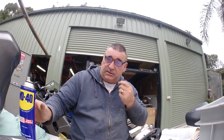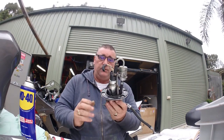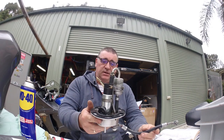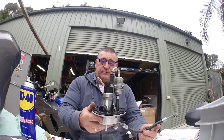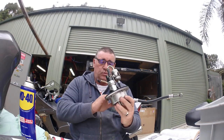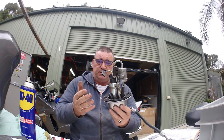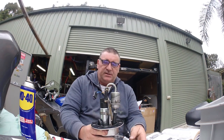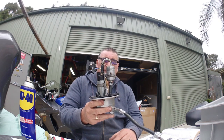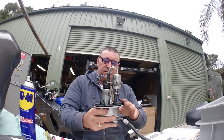Today's little exercise is the fuel pump. So this is the fuel pump out of a CBR Blackbird. It's a 2007 model, this one. One of the ways you can tell is that this is a fuel injected pump as opposed to a carbureted pump. I just happen to know this is a first month 07 this come off,